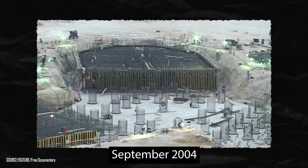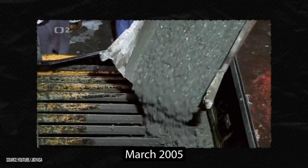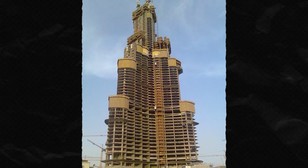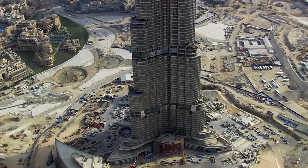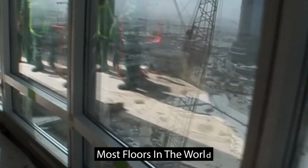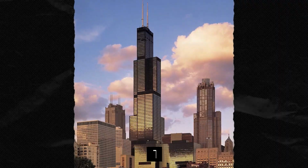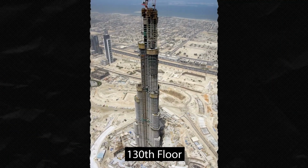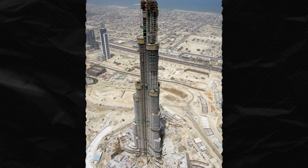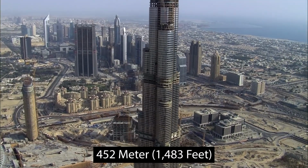By September 2004, construction began on the site, and a few months later in March 2005, the structure of the tower was rising. The construction got to level 50 by June 2006, and barely a year later, Burj Khalifa got its first achievement as the building with the most floors in the world, knocking out former title holder Sears Tower. On the 13th of May 2007, Burj Khalifa reached its 130th floor and set the record for vertical concrete pumping on any building at 452 meters,